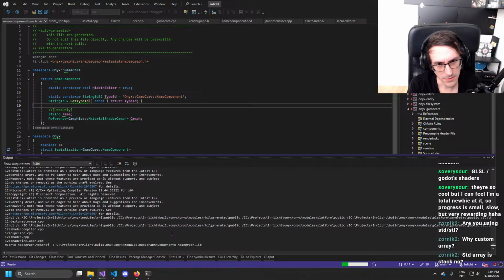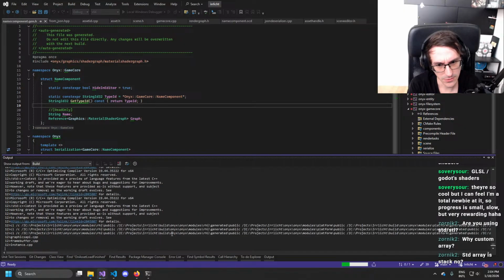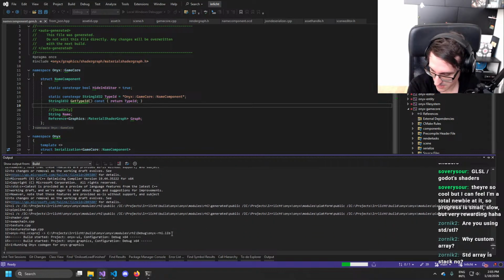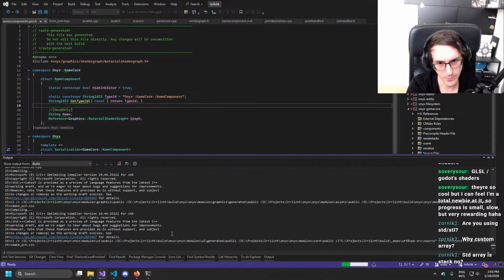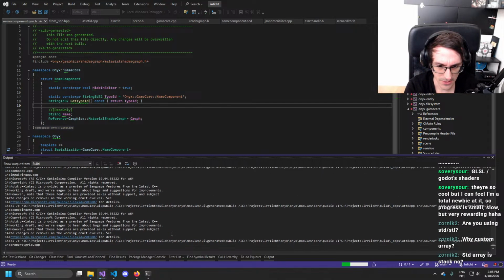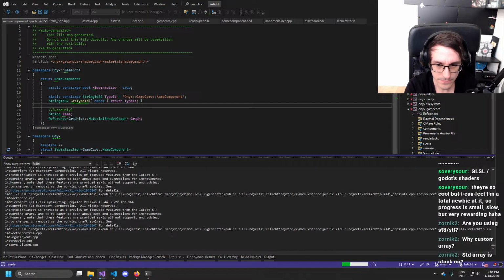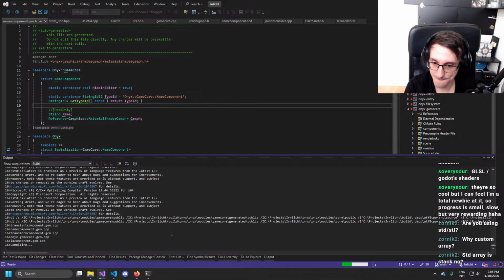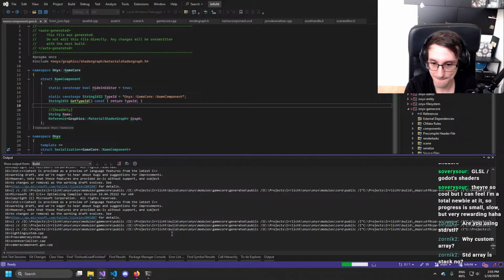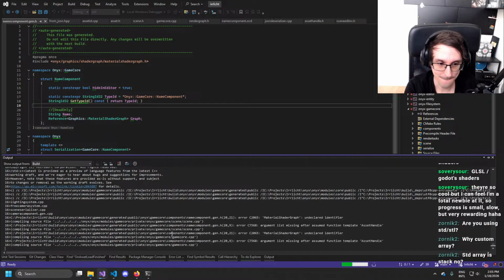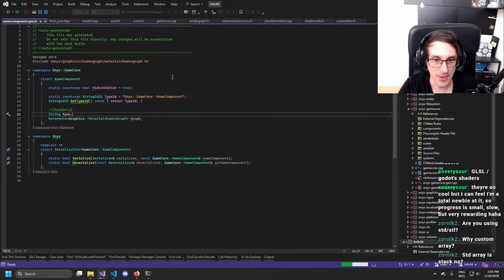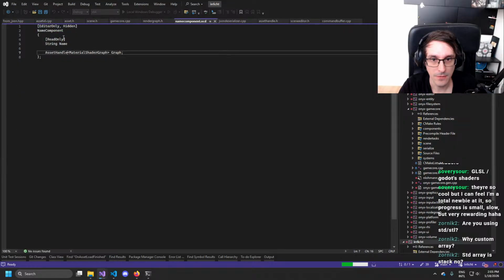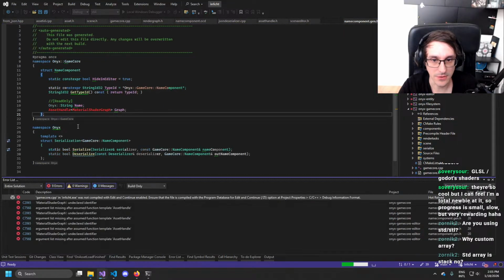Oh wait, maybe that doesn't even generate correctly. I don't know when I did the last clean build of the code generator, if I put it in the right out directory or not. Oh, that didn't work, or what? Oh no, it is here.